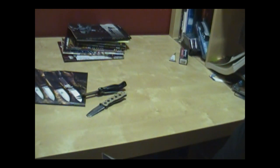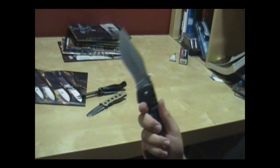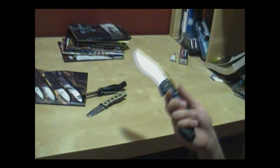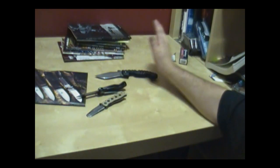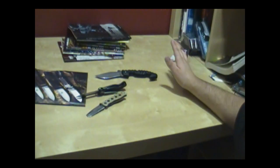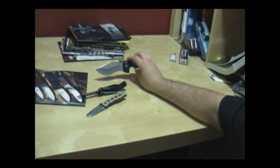There was an episode of The Deadliest Warrior where it was Navy SEALs versus Israeli Commandos, and I don't know why, but the Navy SEALs had 2 different Cold Steel knives, but they could only administer one for testing. And they didn't even mention the other one. You could just see it on a table. At the beginning of every episode, they show both pairs of guys. They have a big table, and they have all their guns and all their equipment on there. Well, when they showed the Navy SEAL table, I could see that they had a Cold Steel SRK and a